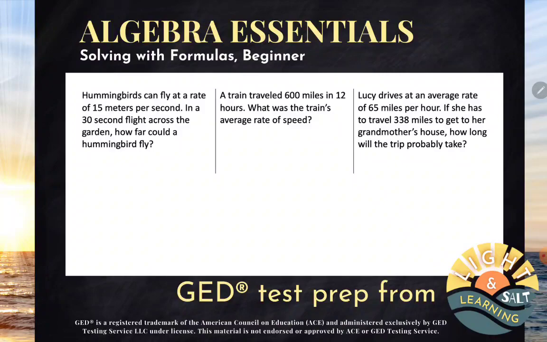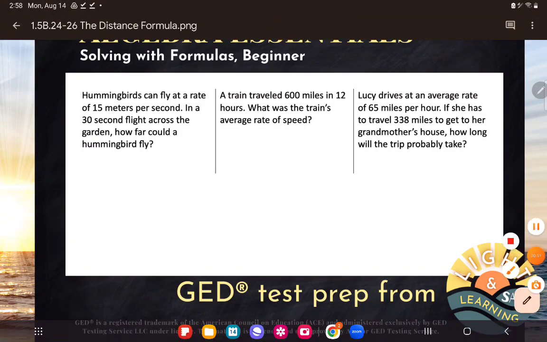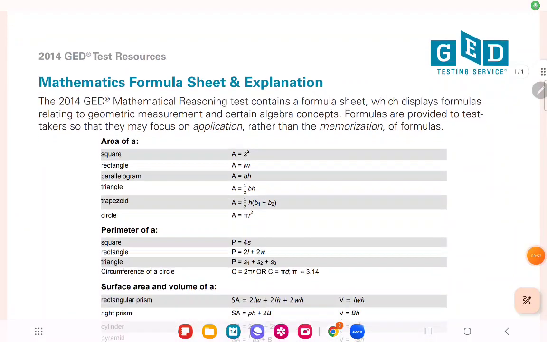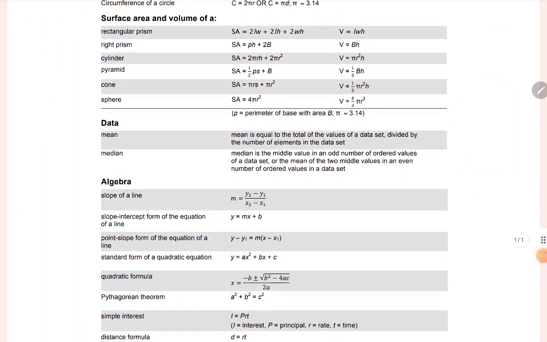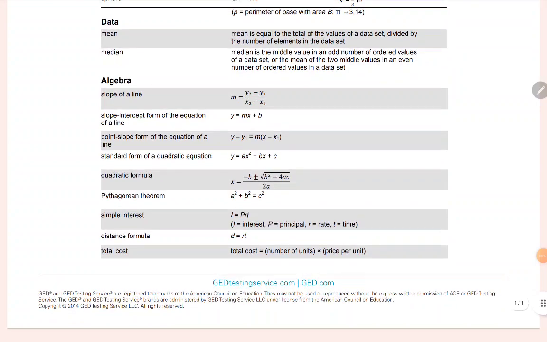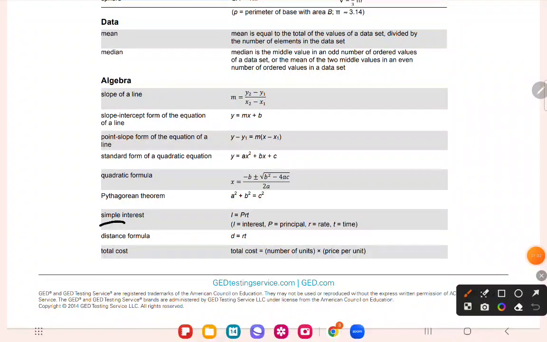15 meters per second. In a 30-second flight across the garden, how far could a hummingbird fly? Now, realize it or not, this particular problem has a formula on the formula sheet. There is what's called the distance formula. So look past all those geometry formulas at the top and get down to almost the very bottom. It's the second to the last formula we want, the distance formula, and it says D is equal